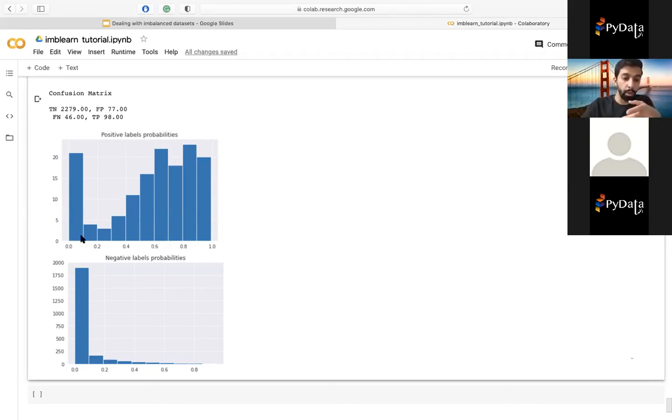I would also look at, for example, we see a spike here. There's 20-something points from the positive data that are being given a very low probability. So what I would do is examine those 20 points. Why are they given a low probability? Are these synthetic points? Are these noise?